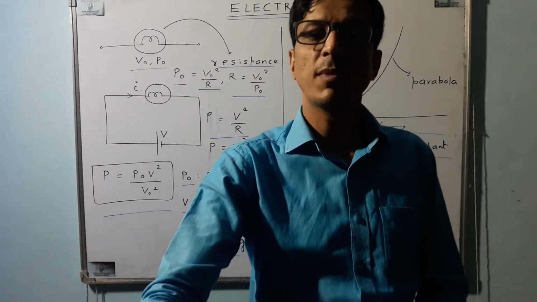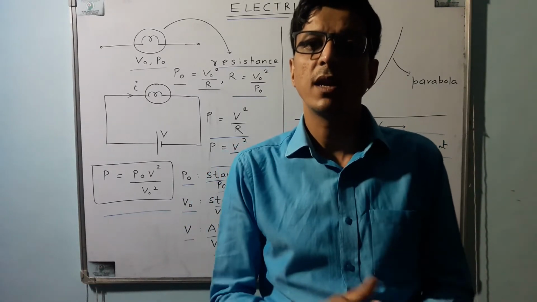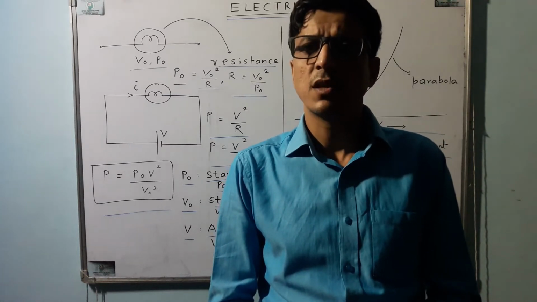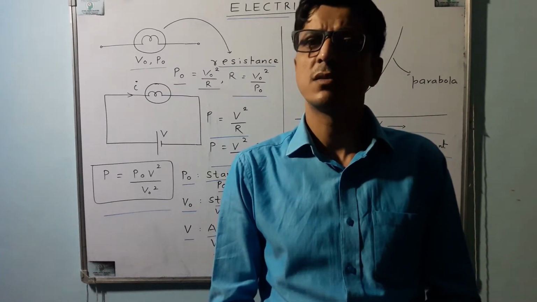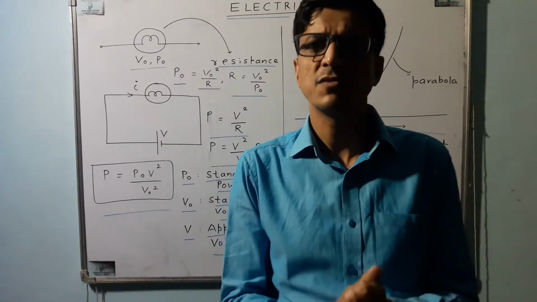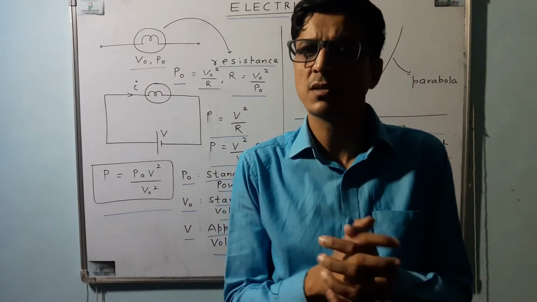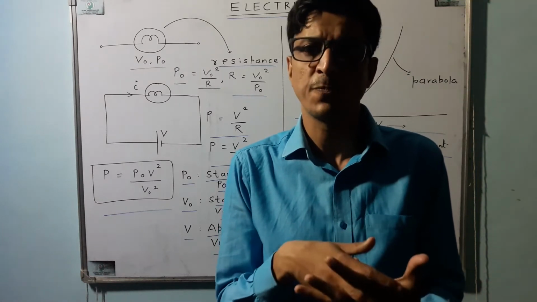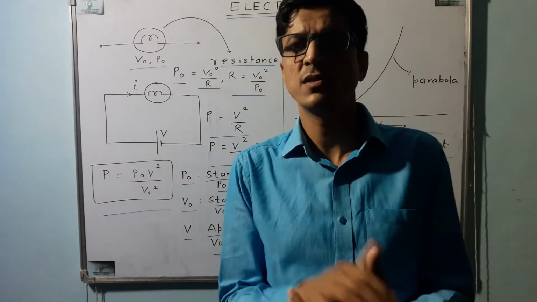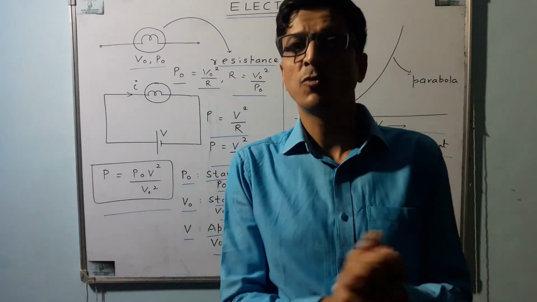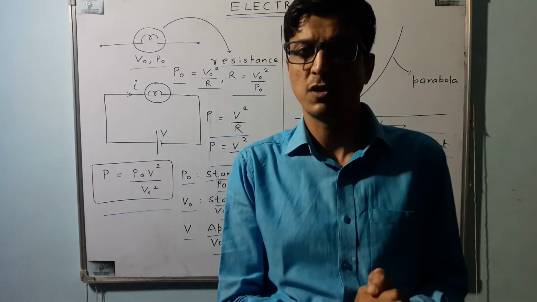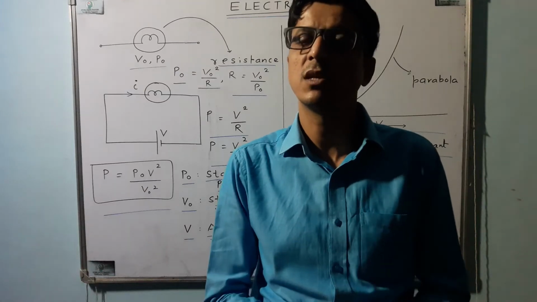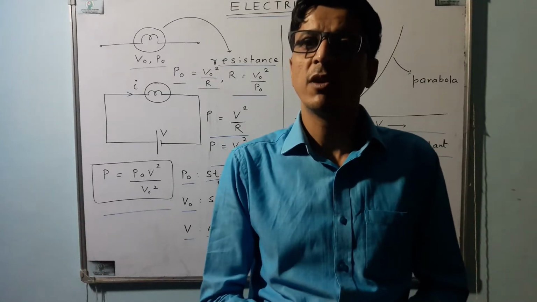Let's discuss today about an electric bulb. An electric bulb is basically an electrical resistance which gives a certain power P0 under a standard voltage V0. You might have seen that it's written on the bulb that it's 220 volt and 40 watt or 60 watt or 100 watt. That means when applied voltage is 220 volt, then the output will be 40 watt or 60 watt or 100 watt. So when it is applied to certain other voltage, output power will be different.